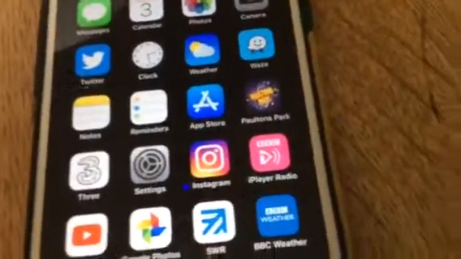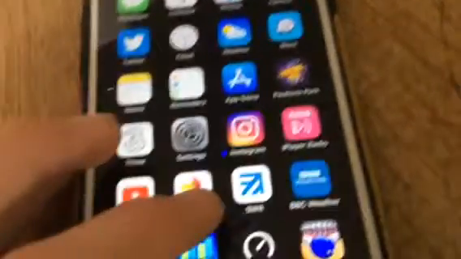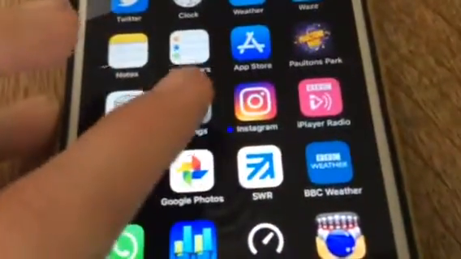Hey guys, today I'm going to do a quick video on how to change voiceover voices on your iPhone. This is an accessibility feature built into iOS. So first thing you want to do, settings,